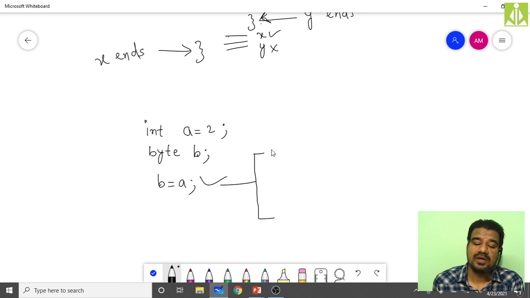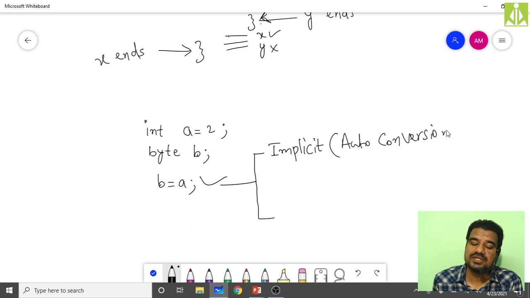One is implicit conversion, or auto conversion. Who will do this conversion? Your compiler itself does it. We are not going to do anything here. Auto or implicit conversion is the responsibility of the compiler.